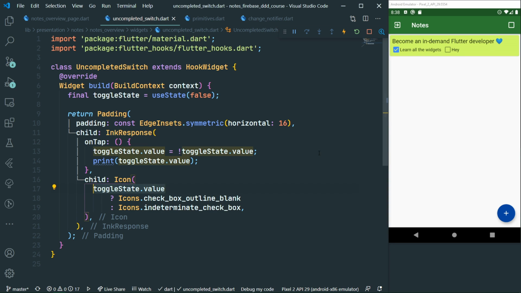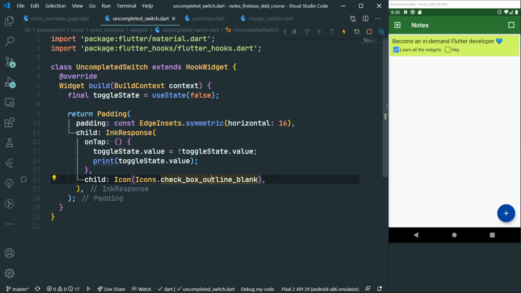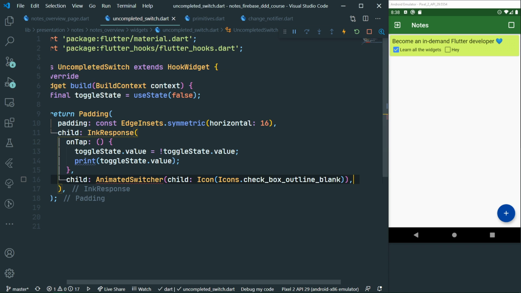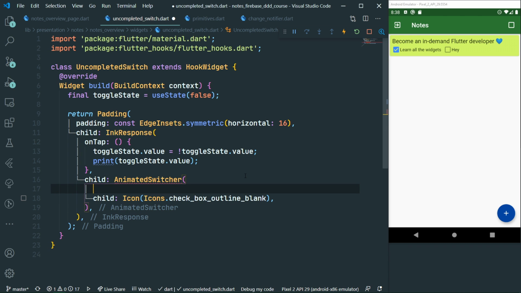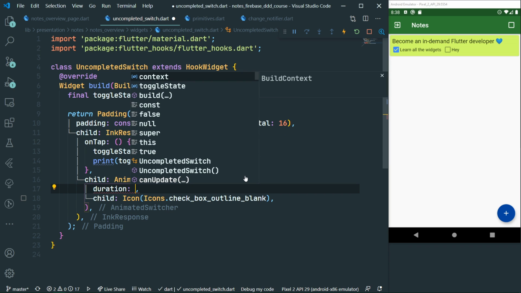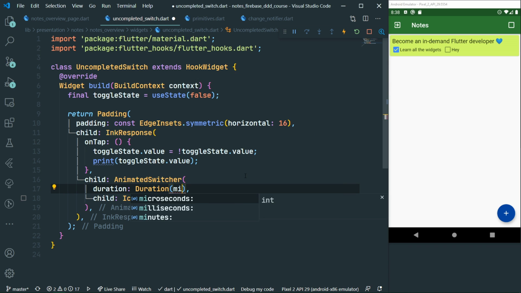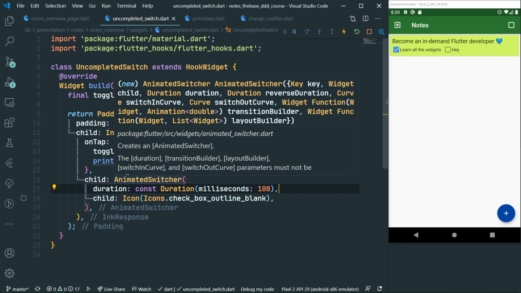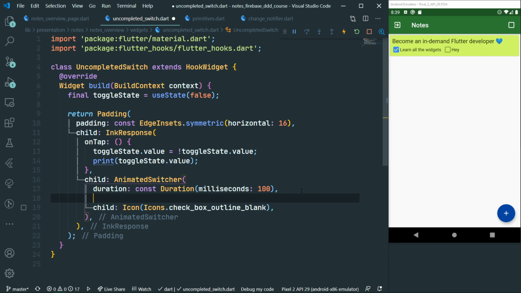So let's scratch this switching inside the icon for now. Let's just leave in the outline box blank, and let's wrap this icon in a new widget, which is called animated switcher. Animated switcher takes in a child, that's correct, but it also takes in a few other things. The first one will be duration of the animation. We're gonna wanna set it to be 100 milliseconds. So milliseconds 100, and also let's make this constant to improve performance perhaps a bit. And then also another property of the animated switcher which we want to use is the transition builder,